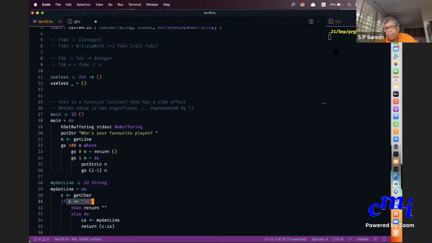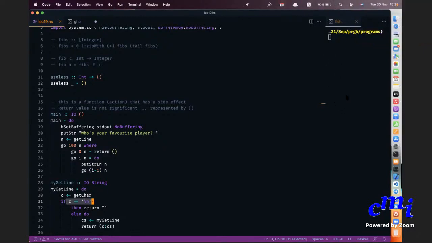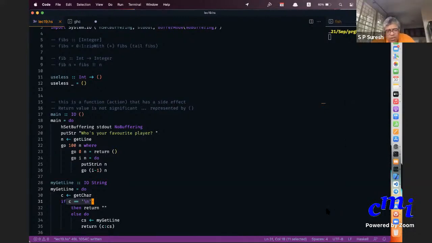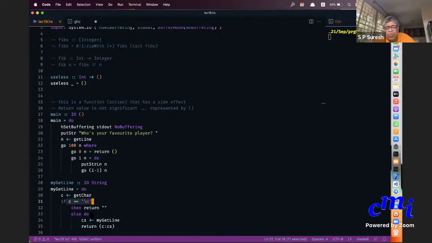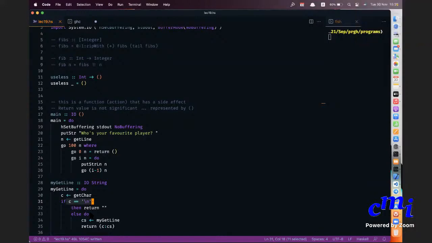So this is again the same thing sort of, but under do. What do you mean by under do? What if you have multiple side effect functions? Instead of getLine, you can put some strings and then getLine. That is fine. I mean you can put strings. But what if you have some function with a return type, like suppose instead of IO unit, it's IO string.